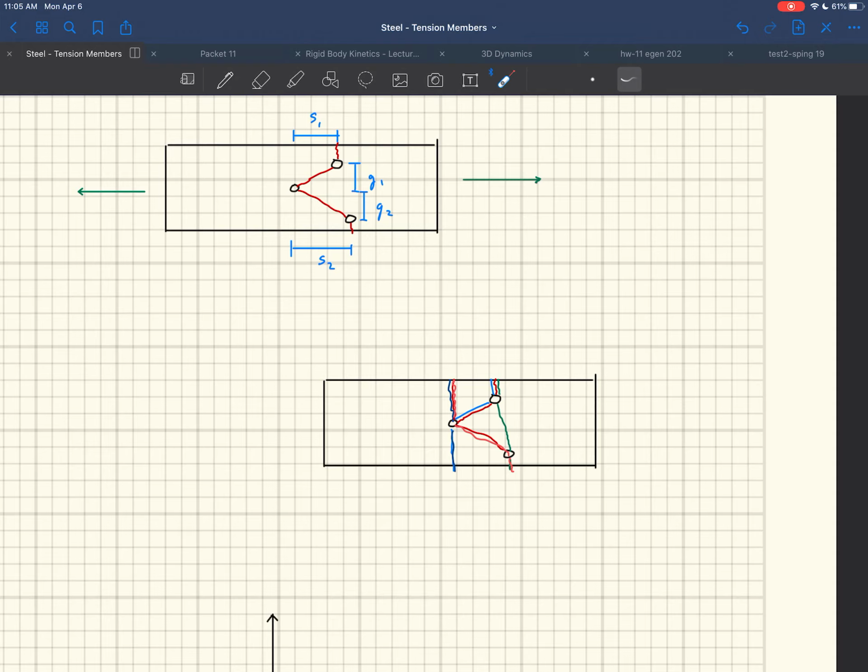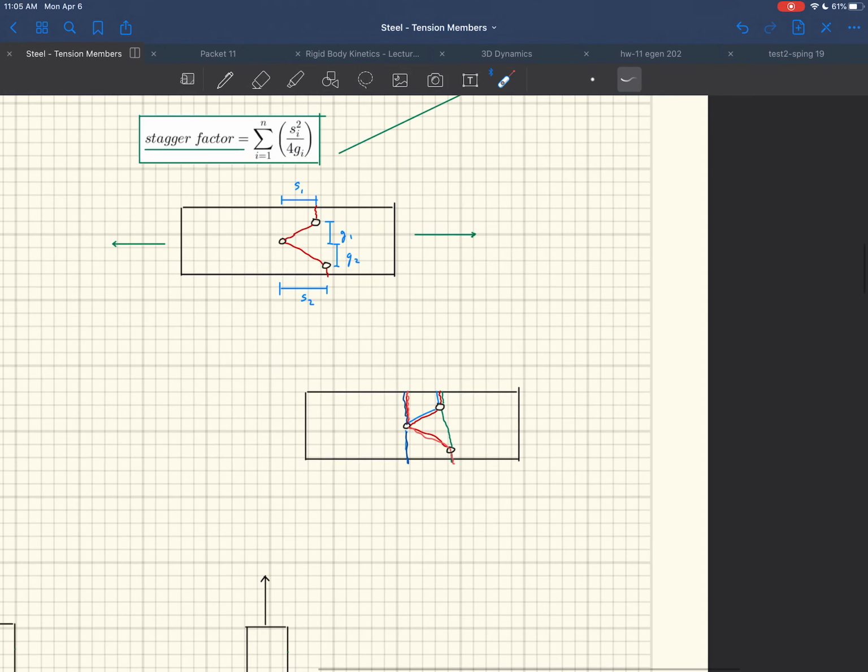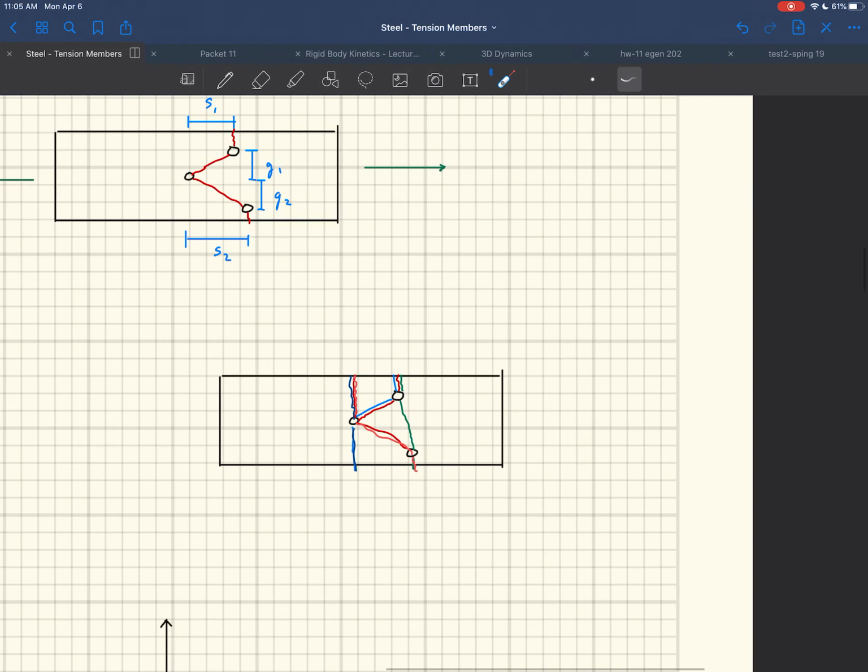So one of your homework problems is going to be something that has like 8 different holes in it, and then you pull on it, and you have to calculate the net areas for all the cases and figure out which one it is that it's going to fail in. Okay, I think this is a fun little exercise. So you can see the complexity of